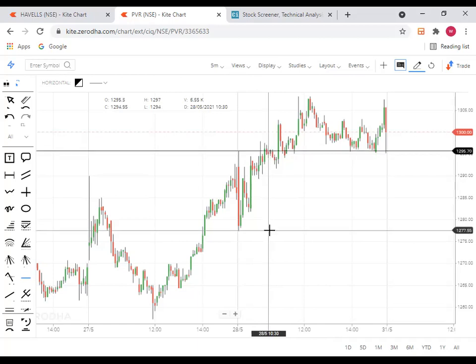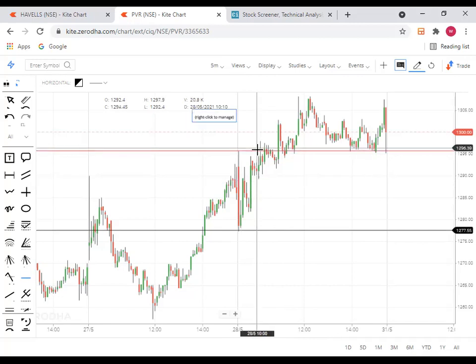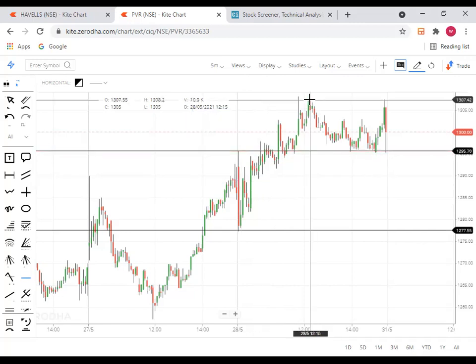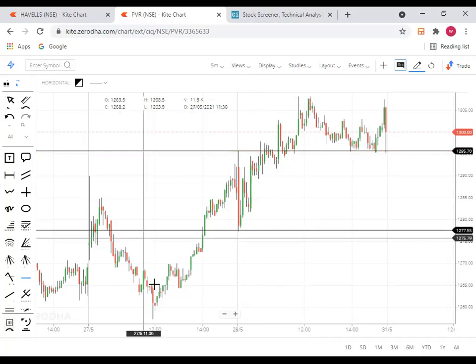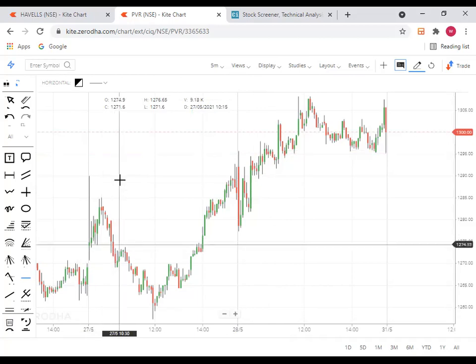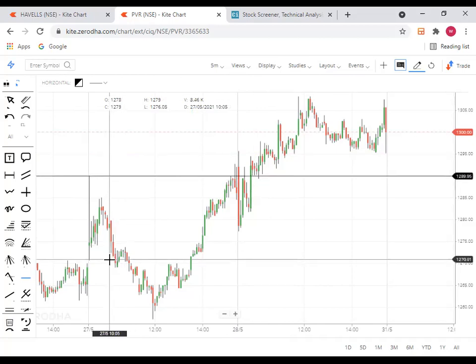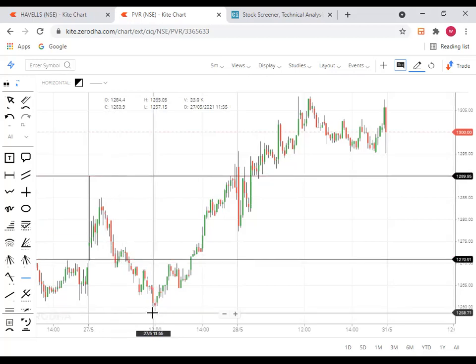On 28th May, this is our first candle. We are considering it as a mother candle. Our first candle high is broken, and we are waiting for our target. And on 27th May also, it gave the sell trade. You can consider first candle as a mother candle. Then this mother candle broke at lower side, we initiated the sell trade.